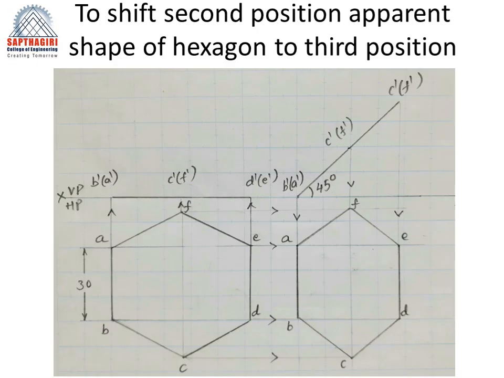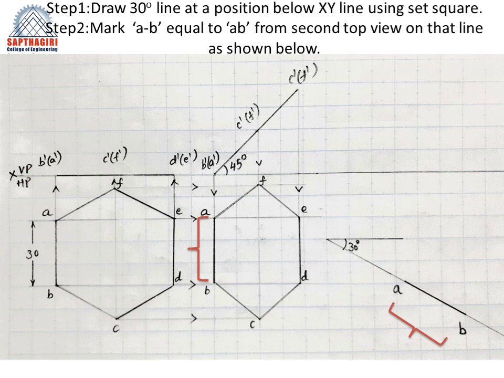So let us take an example of a hexagonal lamina which is resting on one of its edges, and its apparent shape is seen on the right, the second top view. Now let us see how to shift this second position to the third position in an easy way using some simple tools. To shift the second top view to the third position, draw a 30-degree line using